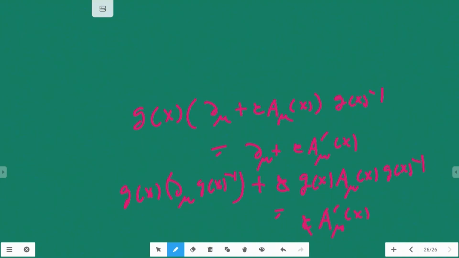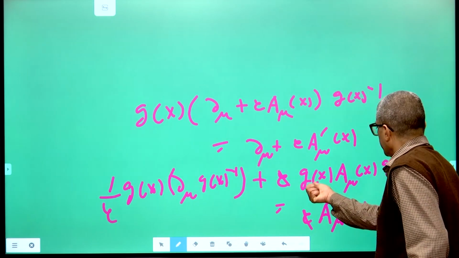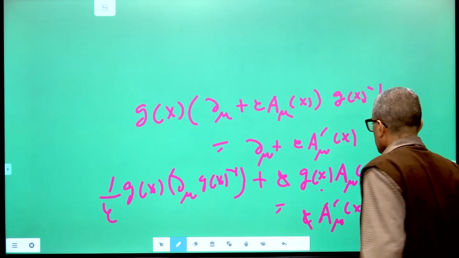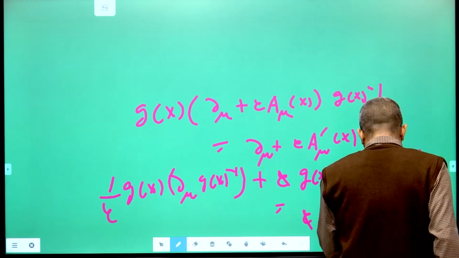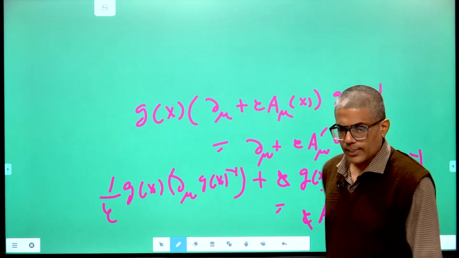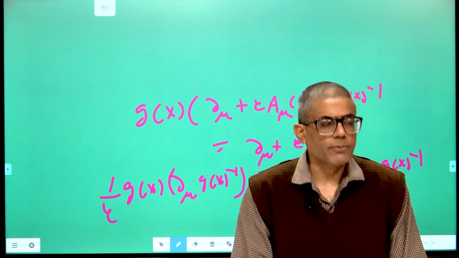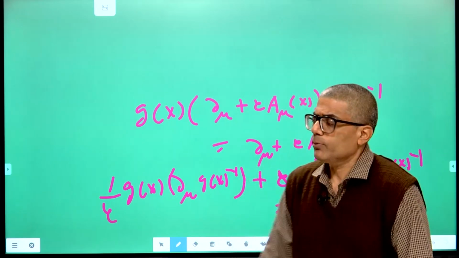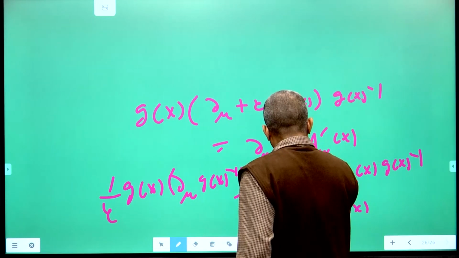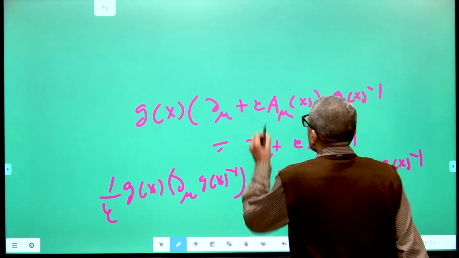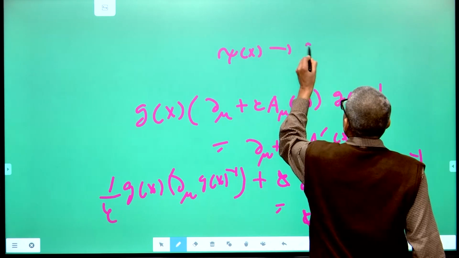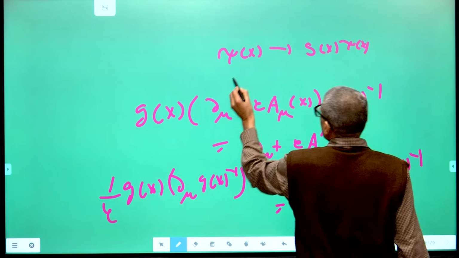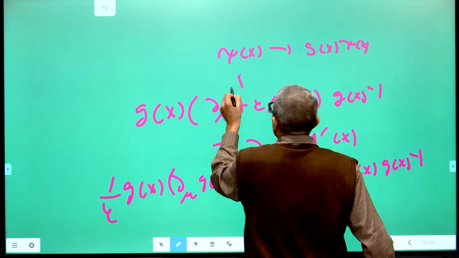Or you can divide by e on both sides and get the gauge transformation. This generalizes the gauge transformation of the U1 group, which is the electromagnetic field. You have an extra term due to non-commutativity, namely G A mu G inverse. This is the gauge transformation of A mu. It ensures that the Dirac equation for the matter wave field in the presence of the Yang-Mills gauge potentials A mu will be covariant, will be invariant under a gauge transformation. You simultaneously transform the wave function by the local gauge group. So psi goes to G of x psi of x, and simultaneously you transform A mu of x to A mu dash of x.